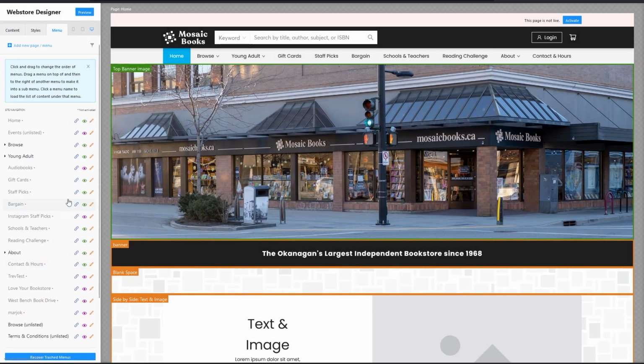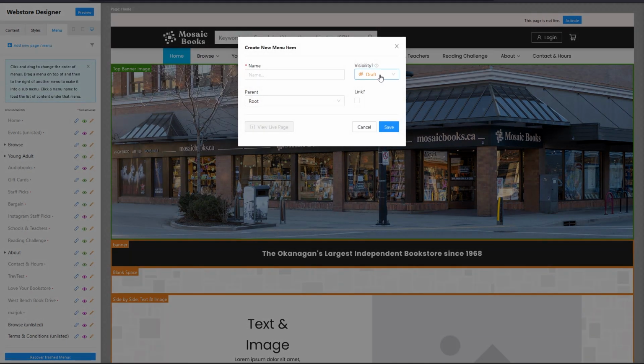And like the regular content, when you're creating a new page or menu, it's going to automatically be set to draft mode. There is no activate button on a brand new menu you create because the activate is really only a function that's needed to transition existing Webstore menus and content over to the new system. So if it's a brand new menu, it didn't exist on the old system, there's no need for an activate